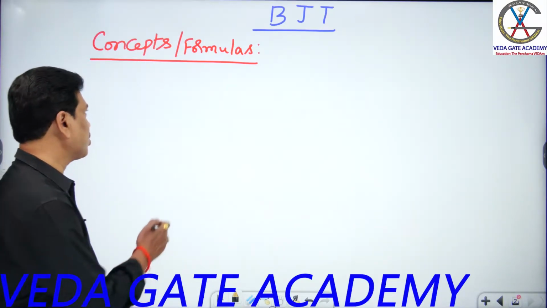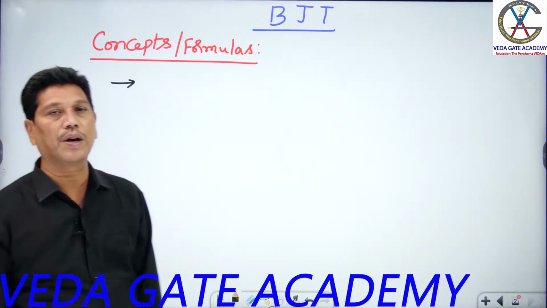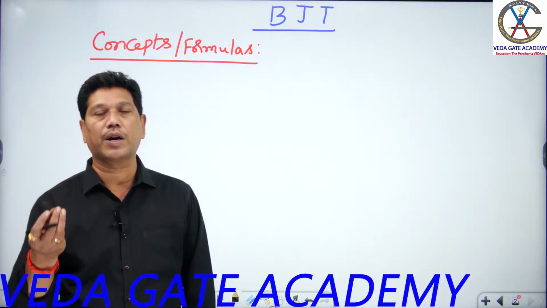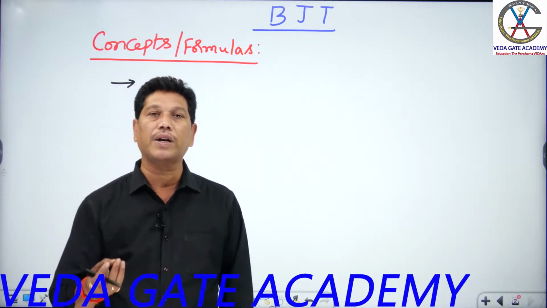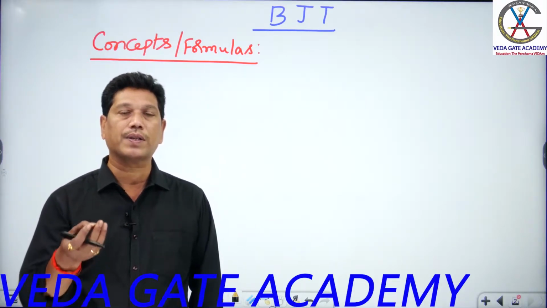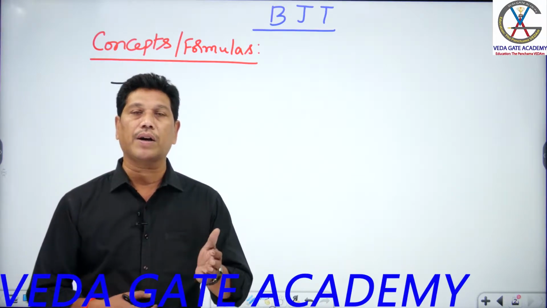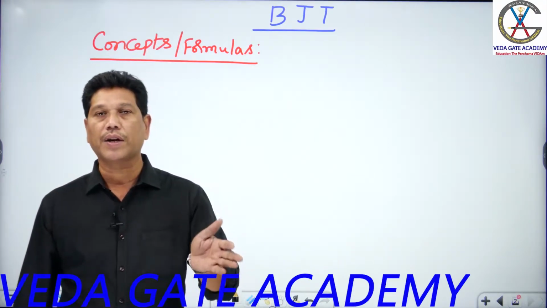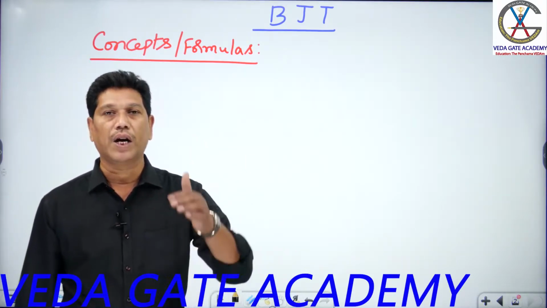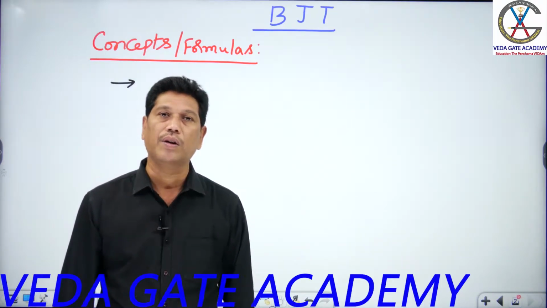In this BJT, you discussed that the main current components are the emitter current, base current and collector current. These are the main majority current components. Emitter current is mainly due to diffusion of carriers from emitter to base. Base current is caused by the recombination of electrons and holes in the base region. Collector current is nothing but the carriers that do not recombine in the base region, which are injected into the collector and drift towards the collector terminal to generate the collector current.